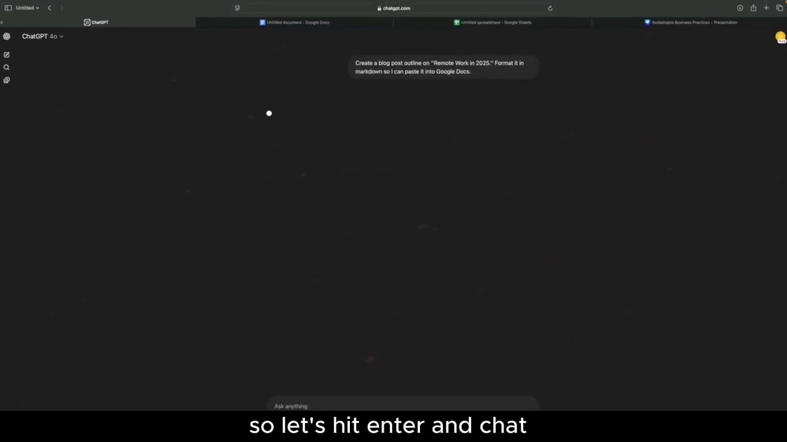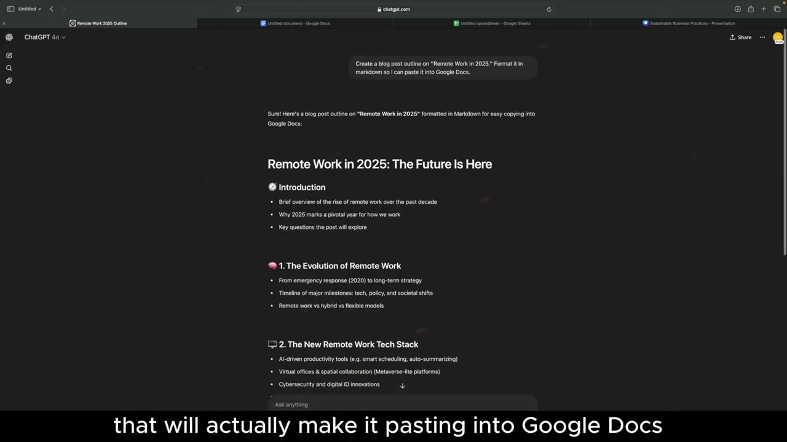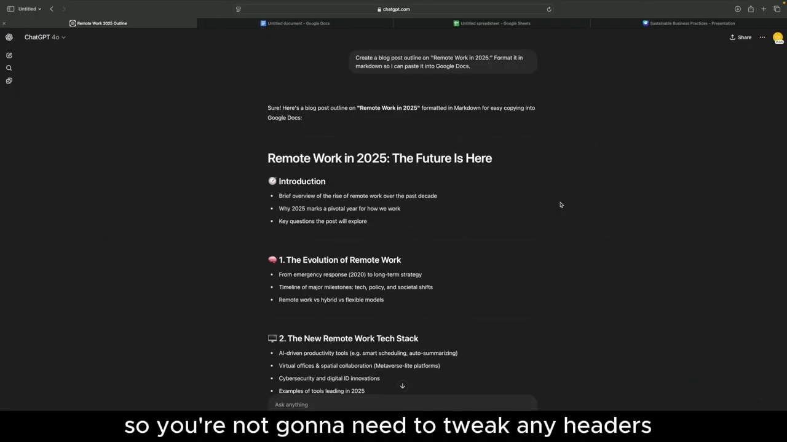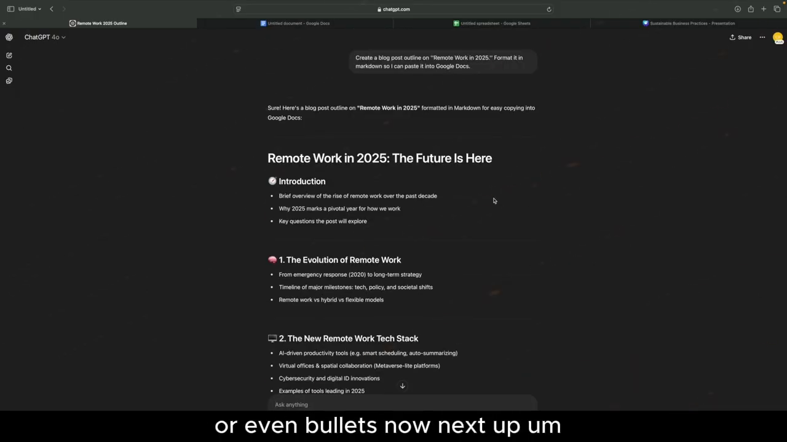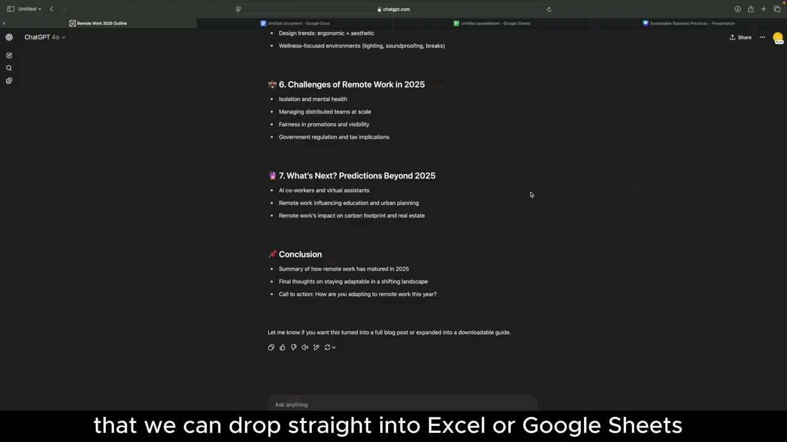So let's hit enter. And ChatGPT will create this Markdown formatting that will actually make pasting into Google Docs super easy because everything's already formatted for me. So you're not going to need to tweak any headers or even bullets. Now, next up, let's create a table for, let's say, customer feedback that we can drop straight into Excel or